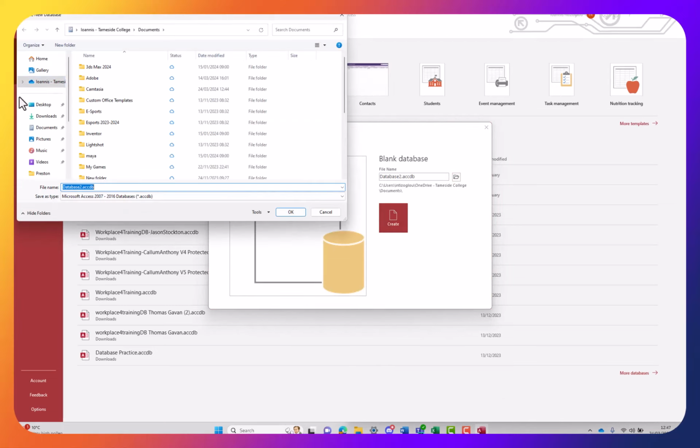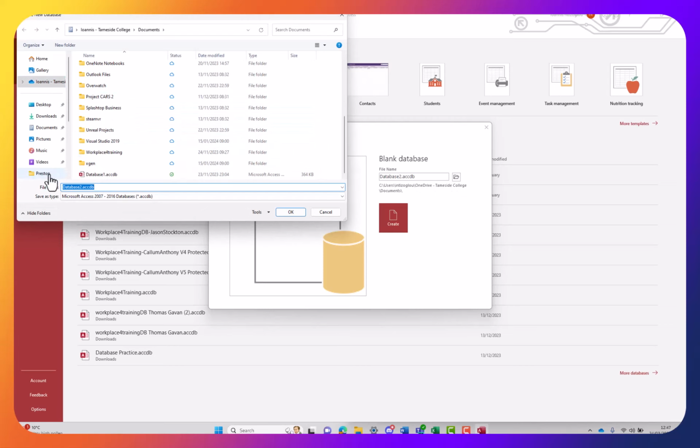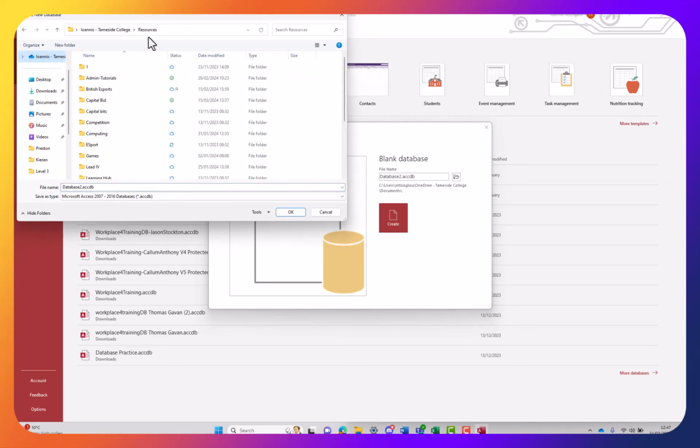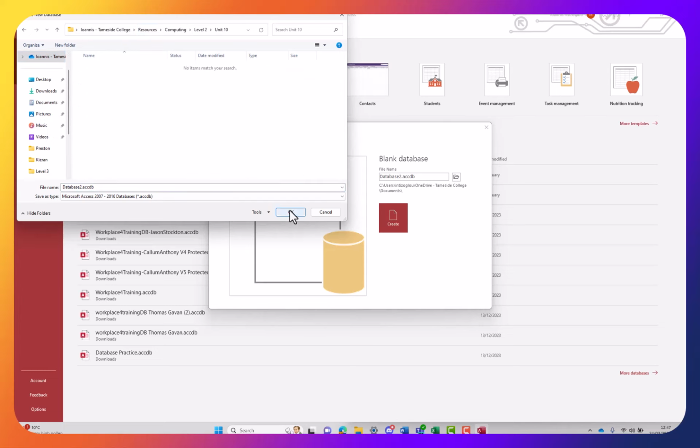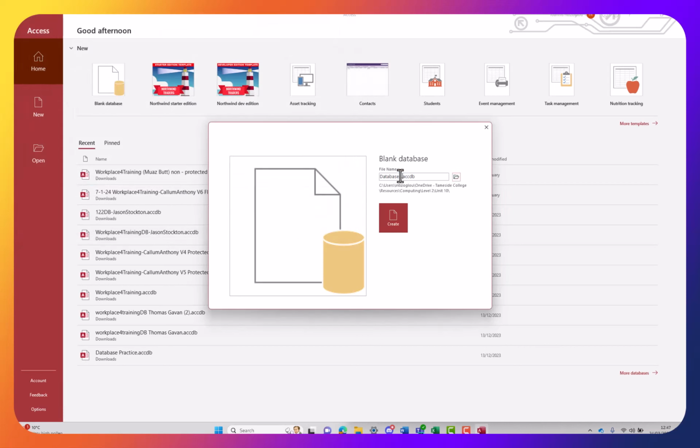And we're going to browse the location where we want to save this document. So I'm going to save this into my Unit 10 folder. And I'm going to call this document GP Rochdale. Now in your case, you're going to call this whatever you want or wherever the requirements are. So if your client, say for instance, is Manchester, you can call it GP Manchester. So in my case, I'm just going to call this General Practice Rochdale. Let's click Create,